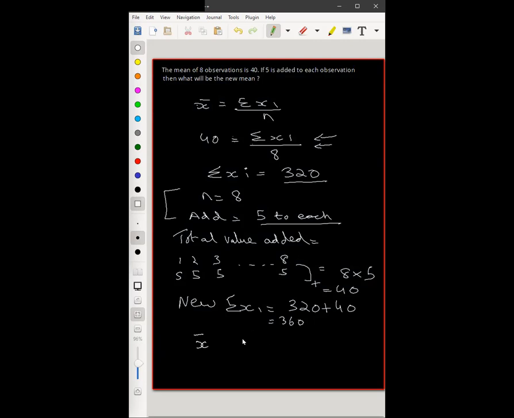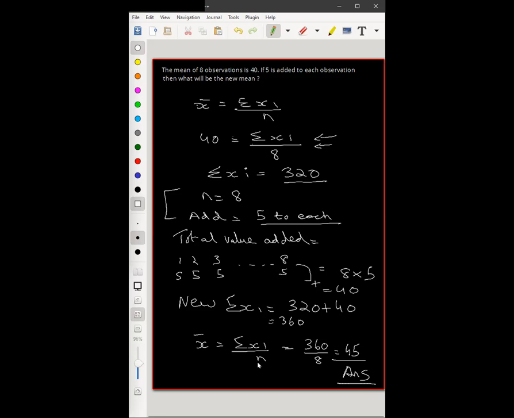So now again, what is x bar? X bar again is sigma xi upon n, which will be 360 upon 8, which will be, tell me the value quickly. Sanika, can you repeat? What is 360 divided by 8? Sir, 50. 50? No. 45, right? 5 into 8 is 40. Yes, sir, 45. So the answer is 45.